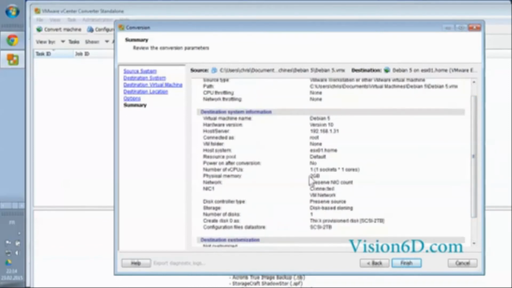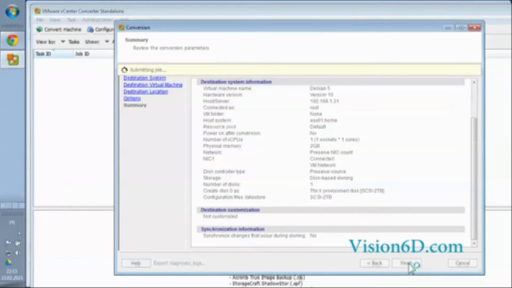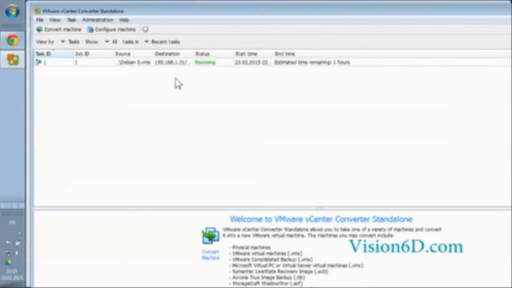It's showing me the details. Like here I have, for example, the physical memory that will be allocated to that VM and all the other elements. For me this is just fine, so we'll say finish. And you see now here that the job is submitted. We see that there is a task which is currently running, converting the source, the Debian, to the